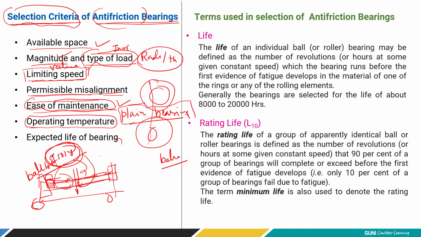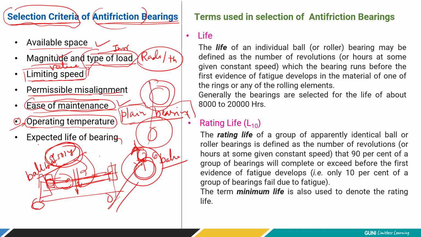Otherwise, what will happen? We know that metal upon heating will expand, and because of expansion, chances are that the space between the outer race and inner race will increase, right? Or if only the inner race is getting heated because of direct contact with the heated shaft, it will expand and try to compress the rolling element. It will jam the bearing, right? So the bearing material must be able to dissipate the heat faster. Thermal conductivity of the material is of very high importance. So you need to consider the operating temperature of the machine, or the environment, in which we are going to use the bearing.